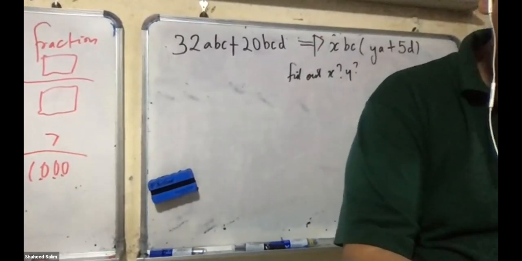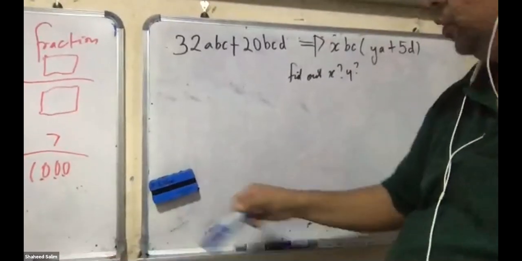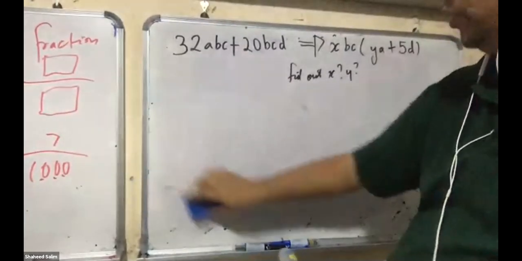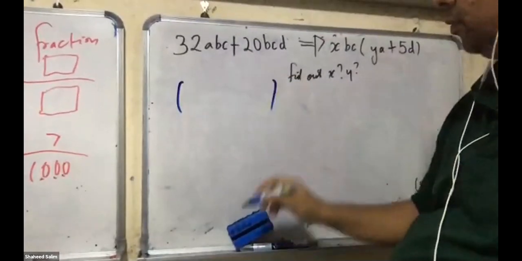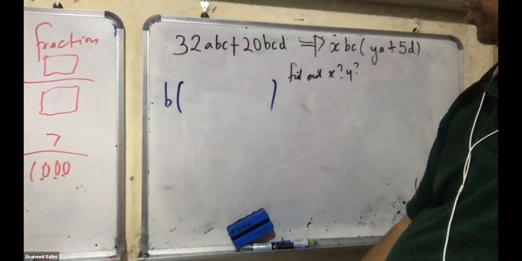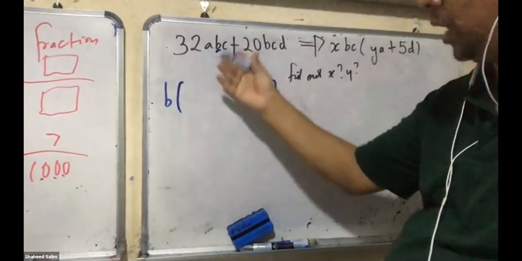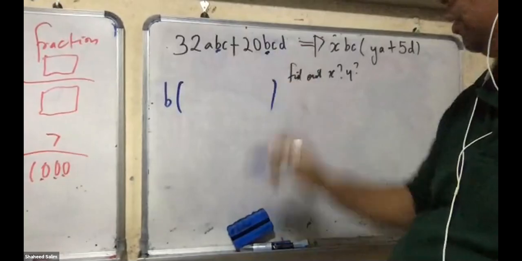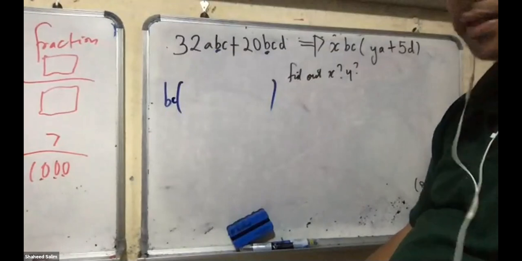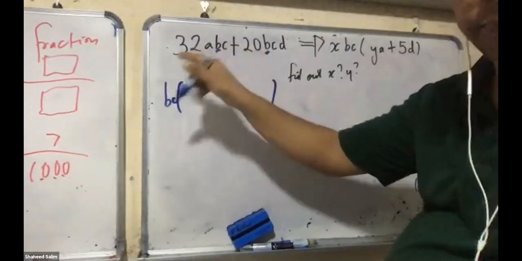Can you do? Okay, you tell me what do you do now? How do you factorize it? What do they have the same? B. Some more? Any more? 32ABC. Not only B. Okay, we take out all that are similar. B. Some more? C. Some more? Take out the number also. The biggest number. 32, 20. What do they have in common? Common factors. Both numbers can be divided by